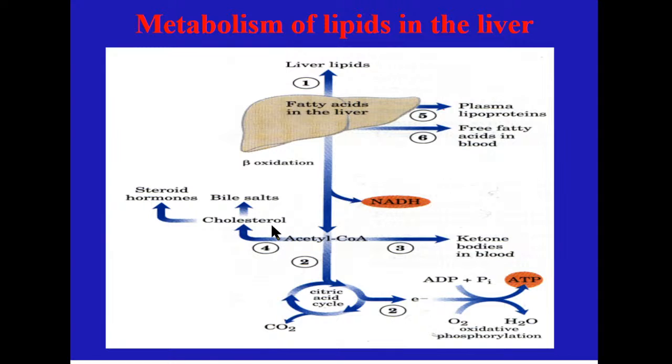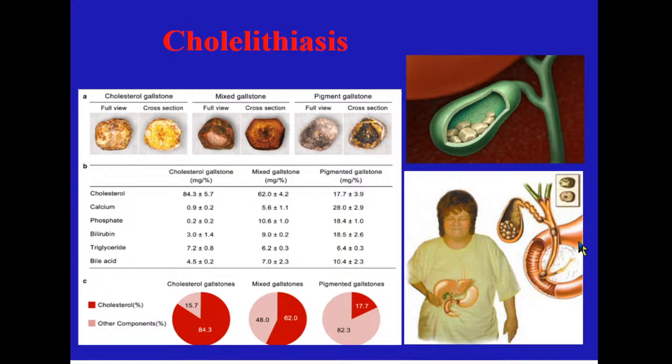A small quantity of free cholesterol is present in the bile, and of course bile salts are synthesized from cholesterol, and the balance between the quantities of cholesterol, bile salts, and phospholipids in the bile is the reason why bile is fluid in the norm. In healthy people, bile is fluid, and it must pass from the gallbladder at the proper time to the small intestine, to the duodenum, where it participates in digestion and absorption of lipids. But sometimes this balance can be disordered, and in this case cholelithiasis can develop.